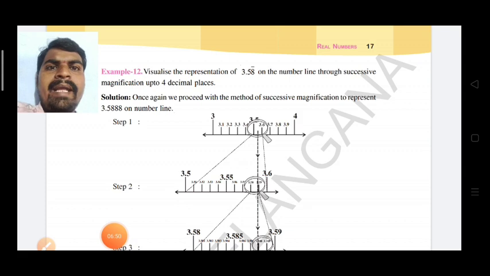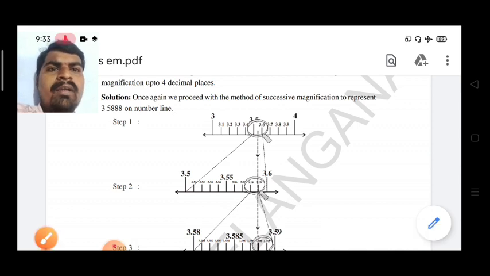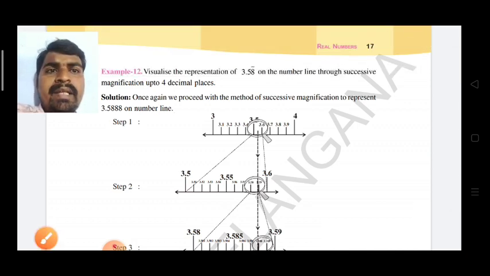Okay, next you observe example 12. It is another problem, example 12. You observe carefully. Visualize the representation of 3.58 bar on the number line through successive magnification up to 4 decimal places. Here the condition is given up to 4 decimal places. Why? Because it is a non-terminating repeating decimal. A bar is there. So here you observe